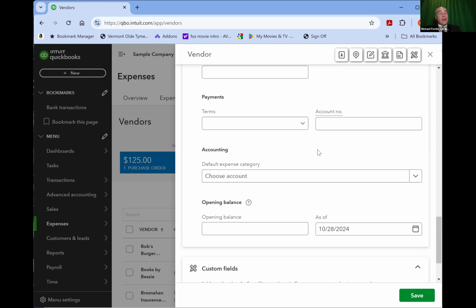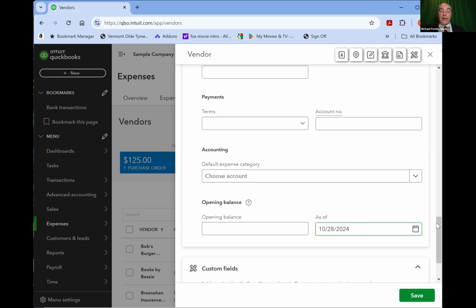The account you typically would use would be like utilities expense or electricity expense or something similar. And you can assign that default expense account to that vendor. So every time you bring the vendor up, it will automatically bring up that expense account as the default value to save you time from having to search it out and enter it.